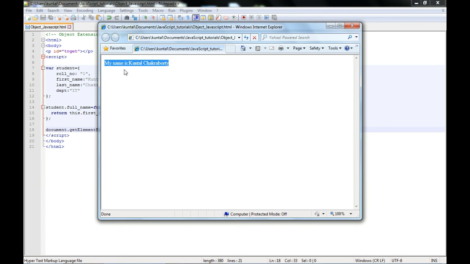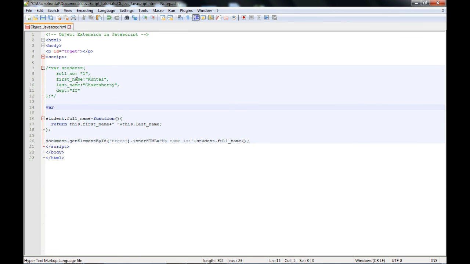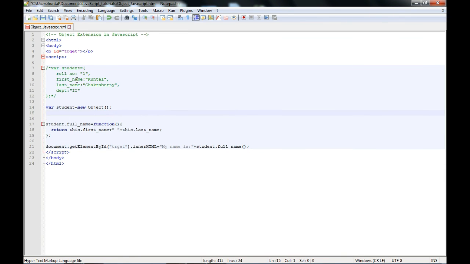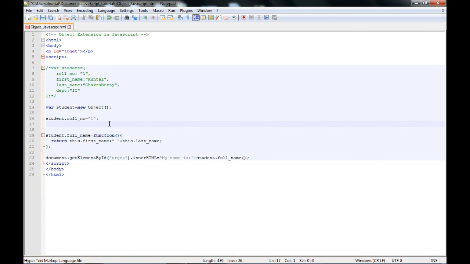Now I can show one more way to define the JavaScript object. This was the function way, as I explained. So this is one way. Now I will try to achieve the same thing in another way. Here, variable student, I will initialize with a new object, like how I create a Java object. Here I will write that object dot all the attributes and assign them. This will look pretty much like Java. Like the way I created roll number, I will assign first name, last name and department in the same fashion.